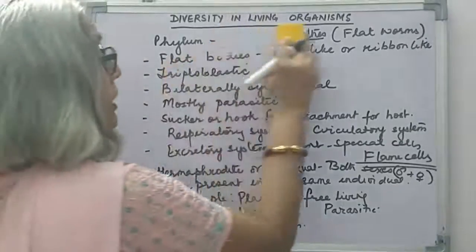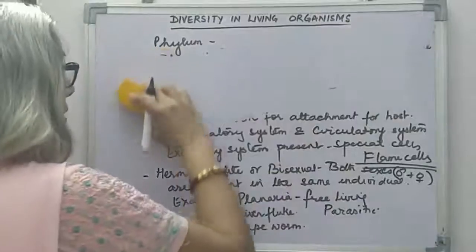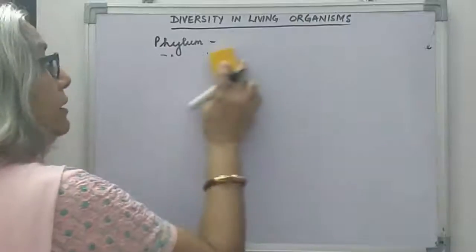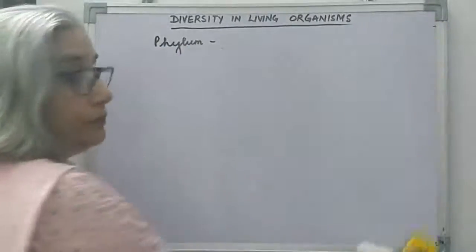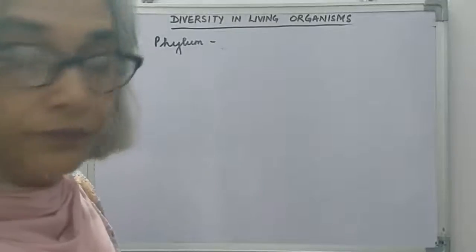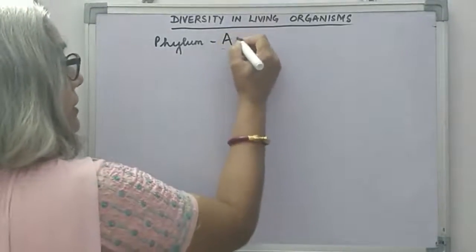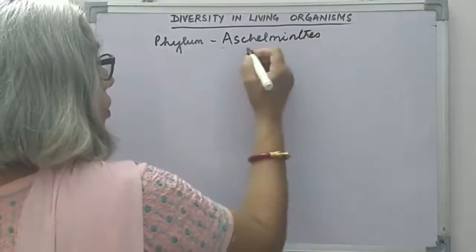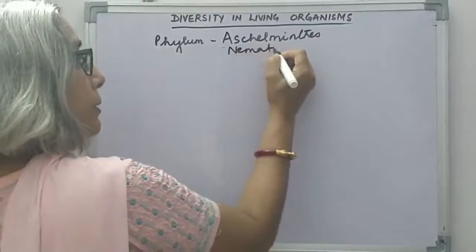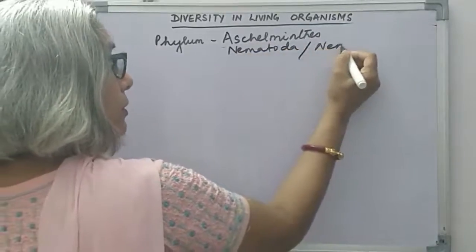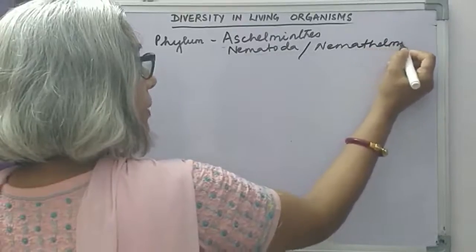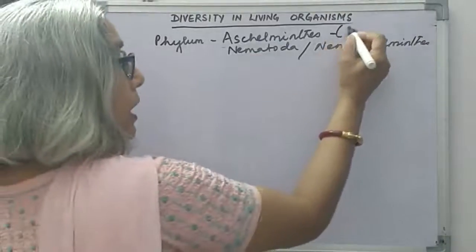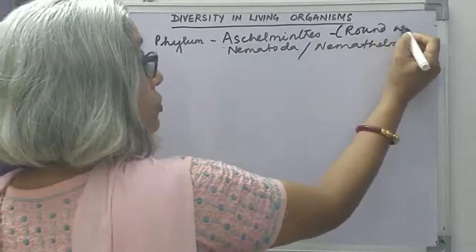Now we move on to the next phylum, Ascahelminthes. Ascahelminthes is also called Nematoda or Nemathelminthes. Phylum 4 is Ascahelminthes, or we also call it Nematoda or even Nemathelminthes. The organisms of this phylum are commonly called roundworms